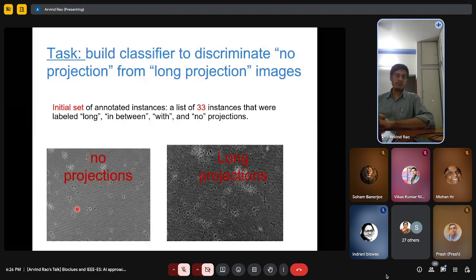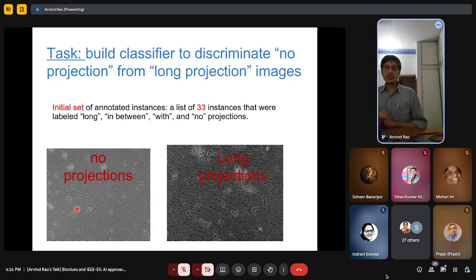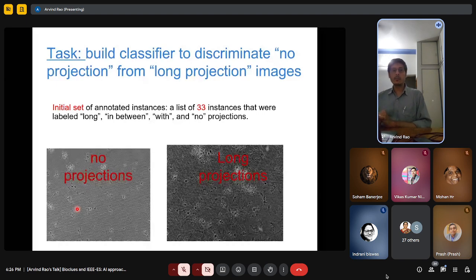And he asked me a very simple question. He said, how much data do you need? I said, I don't know. I don't know what the effect size for this particular morphological feature is. So give me 100, 200 images. He said, I don't know how much I'll be able to do, but I will sit with you one afternoon, and then I will label as many images as I can.